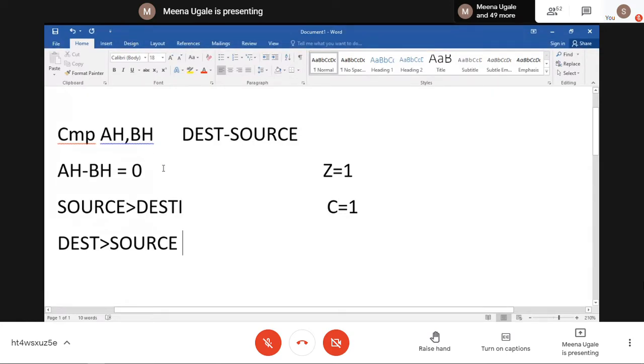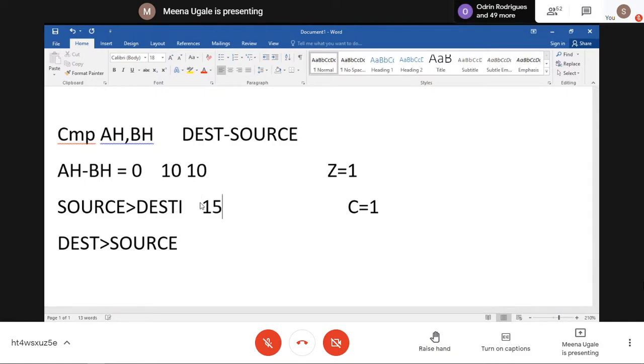Now just take the example for two numbers. If I have 10 and 10, AH and BH both are 10. Both numbers are 10. So in that case, after comparison, I will say that these two numbers are equal if the zero flag is set. In the other case, see the second example. If my source is, for example, 15 and destination is 10.